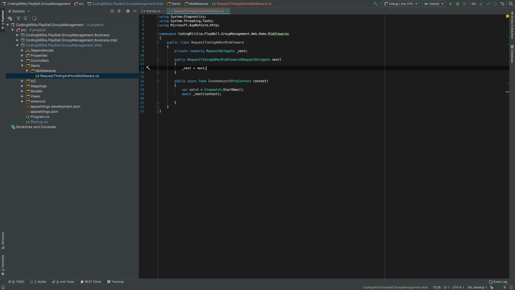pipeline. This is only using this ad hoc middleware. What does it mean? It's by convention, so it will expect to have this constructor, maybe also an anonymous constructor if we didn't need the next. Not sure, didn't try it. And then we can do this next. And now we can stop the watch